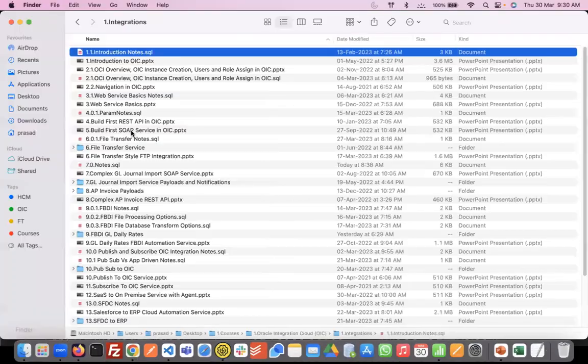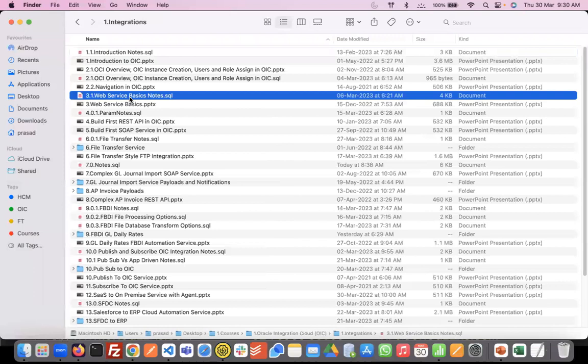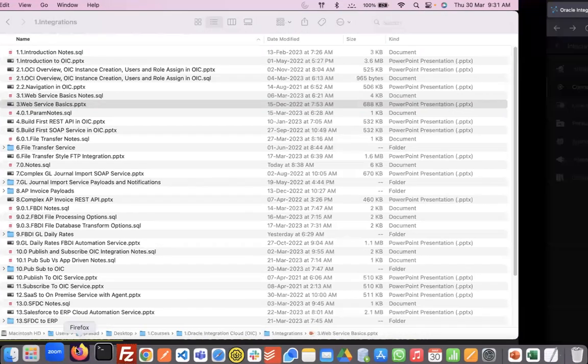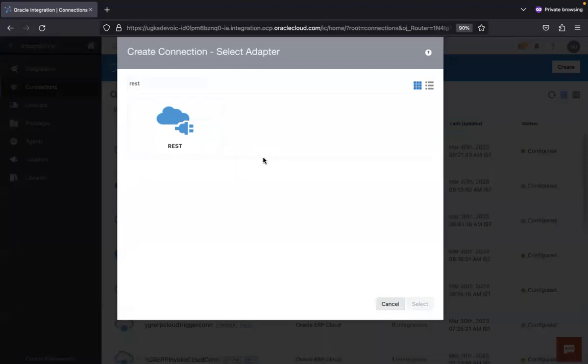After the first 3 sessions, we would be doing web service basic sessions. We will spend almost 2 1-hour sessions talking about the web service basics. So session 4 and session 5 would be dedicated to talk about web service basics. So in case you're coming in from a non-integration background, or if you are a fresher, these two sessions, the SOAP service basics and the REST API basic sessions, will help you come up to the speed of an integration